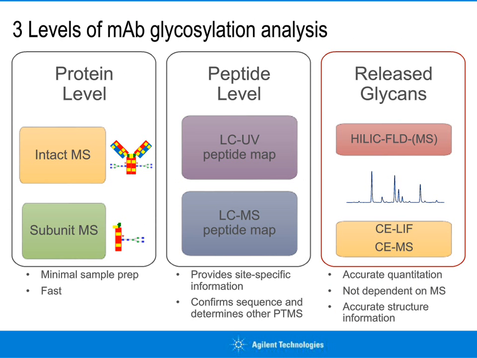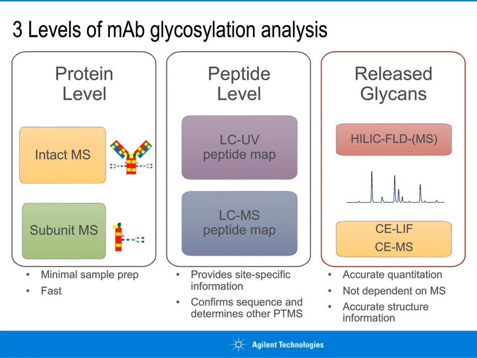Deconvolution of the mass spectrum provides the intact mass of the antibody, including the two N-glycans which are typically present. The analyst can determine the mass that was contributed by the two N-glycans by repeating the analysis on the sample of the antibody which has been deglycosylated by PNGase F. Whilst the total mass of the N-glycans is not usually enough information to assign glycan structures with high confidence, many analysts appreciate the speed and simplicity of this